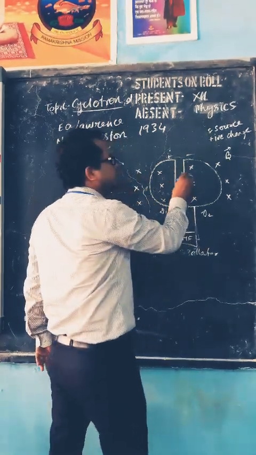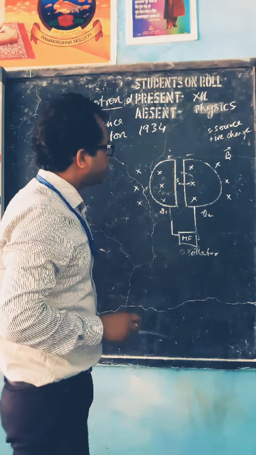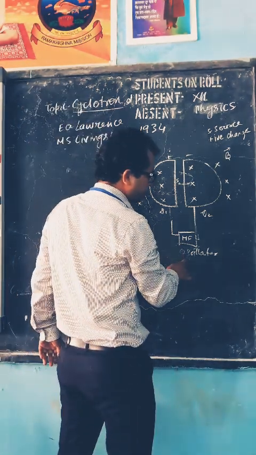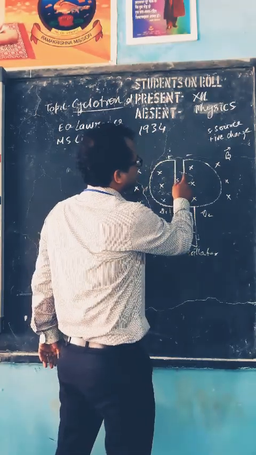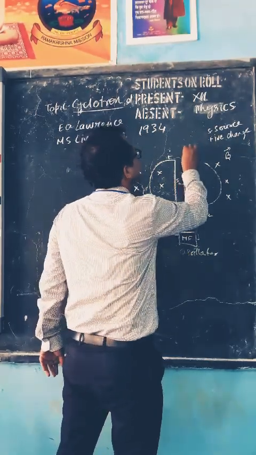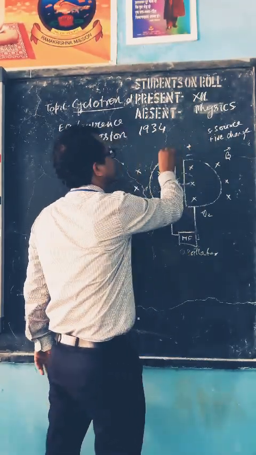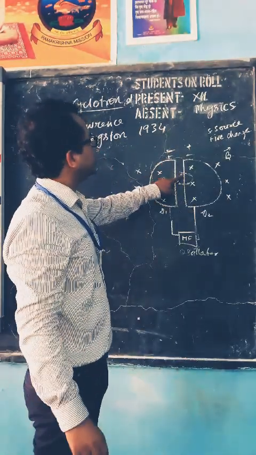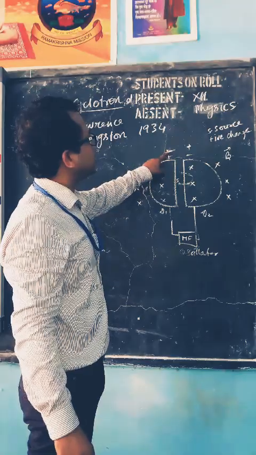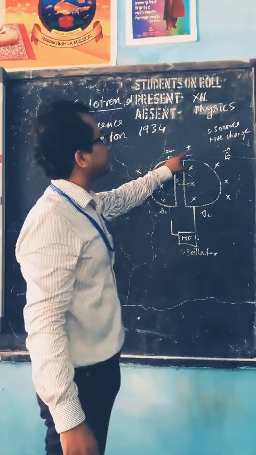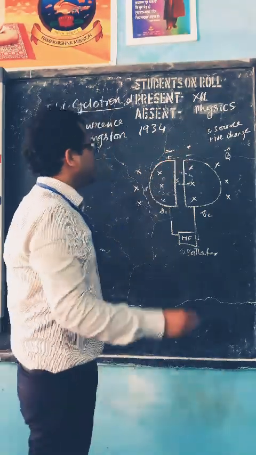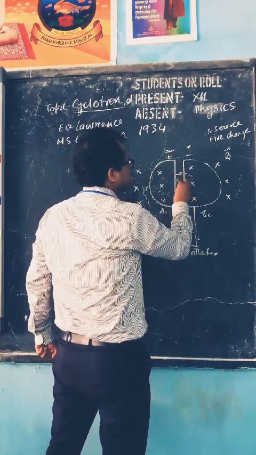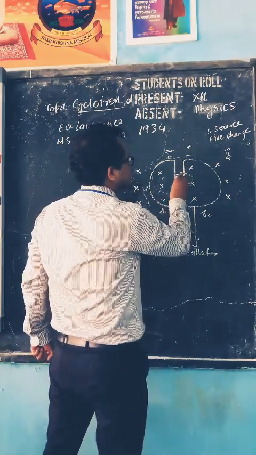Now as soon as the particle is about to come out of this D, we have to set the high frequency in such a way that this D will acquire a positive charge and this one will acquire a negative charge. So what will happen? Now this positive charge will be attracted by this negative charge and repelled by the positive charge. Once again it will be accelerated between these two D's. Here it was accelerated, now here it will be accelerated.